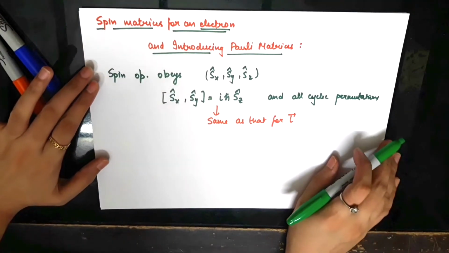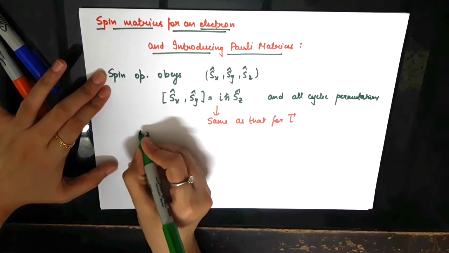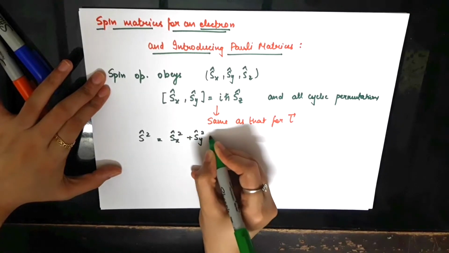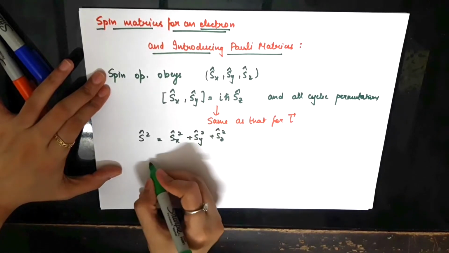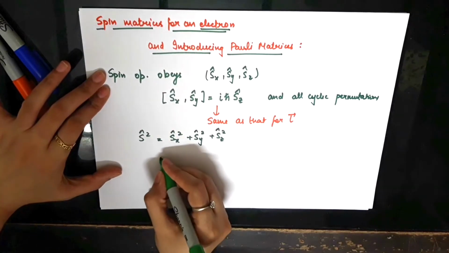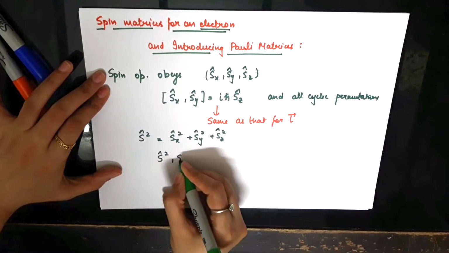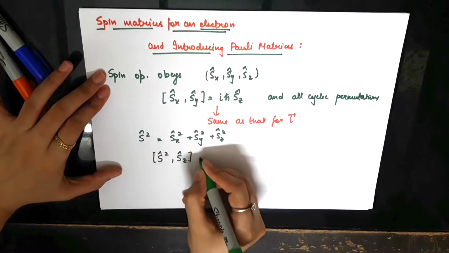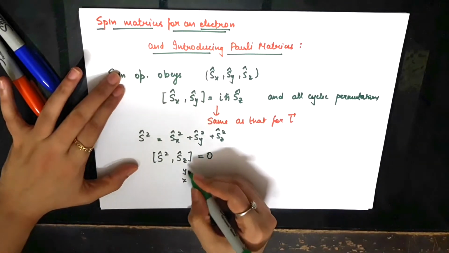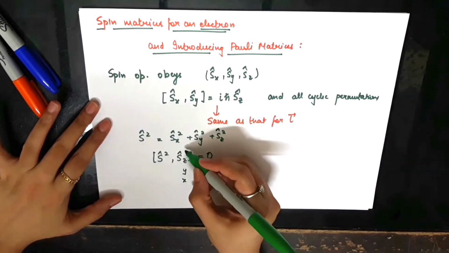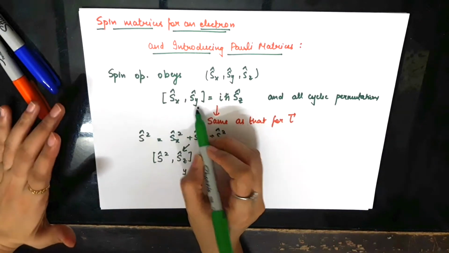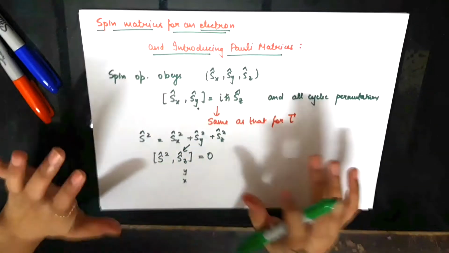Spin operators obey these, and then we saw that there is another operator which you could write as Sx squared plus Sy squared plus Sz squared, the magnitude square of the total spin angular momentum, and this explicitly commutes with the Sz operator. The same is the case with Sx or Sy, but we are interested in the eigenvalue problem of Sz because Sx, Sy and Sz do not mutually commute.